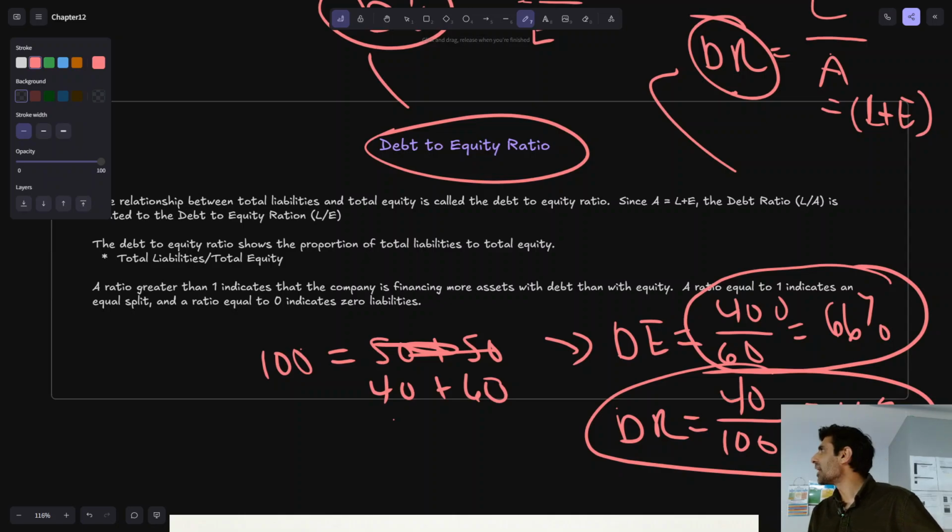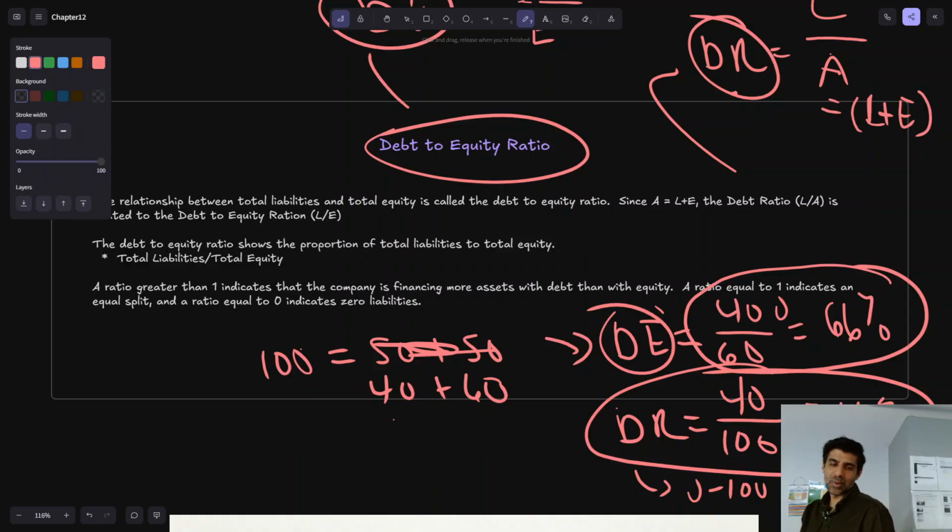It could be infinity, I guess. It goes from zero to infinity, while the debt ratio ranges from 0 to 100. So I don't know about this ratio, I don't really see it used too much. Some people may like visualizing the split between the two. But it's just in the book, and as long as you know the definition, if you ever saw it, you could kind of like